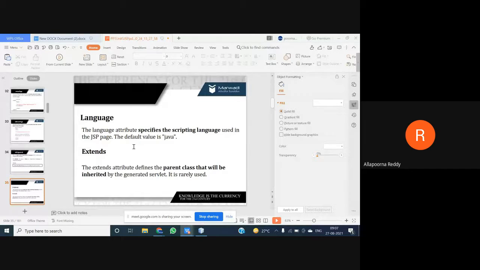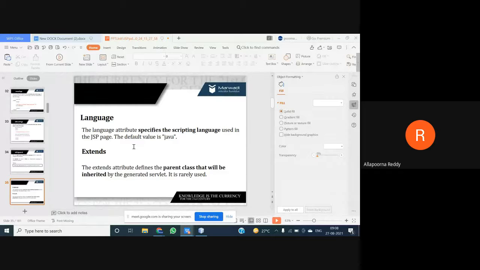But if you use other than Java, your compiler and translator should be changed, because it should convert your .jsp to maybe CPP, or maybe .c, or maybe Python, anything can be converted. But by default the language we are using is Java, right? We are not using all these things, but we should know the purpose of it.